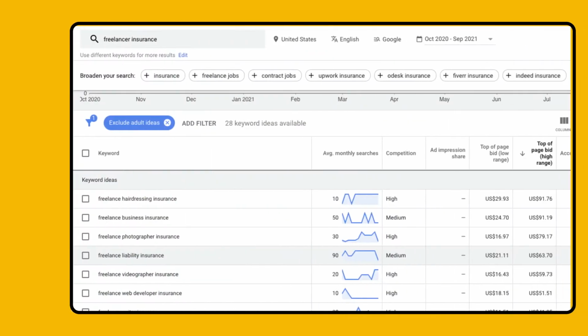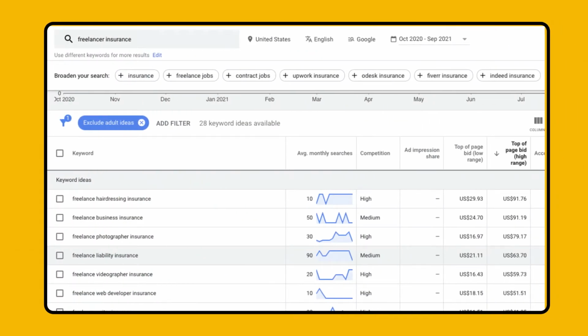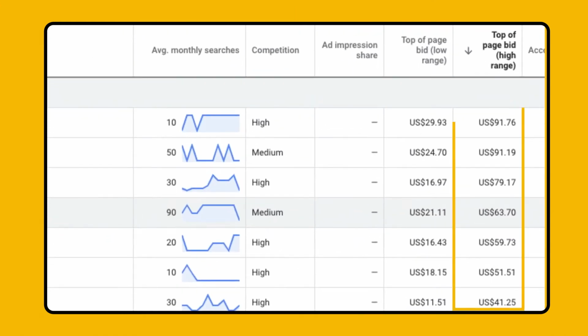So you might be thinking, why not skip the top of the funnel stage and directly engage with middle of the funnel prospects? Well, that's a good question, and it all comes back to the cost. When running Google Ads, high intent keywords have a high cost per click, which means you need higher ad budgets to compete against the big players. It's crazy, but sometimes high intent keywords can go up to $100 per click. So by targeting low-cost top-of-the-funnel keywords, you can effectively reduce your cost per lead or cost per acquisition.